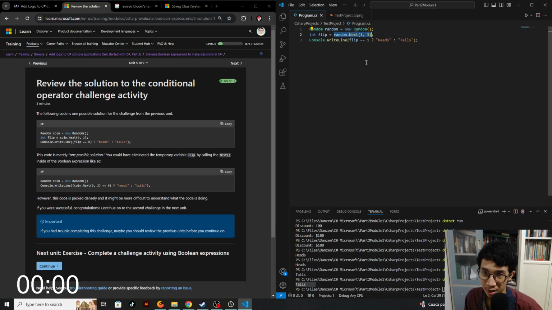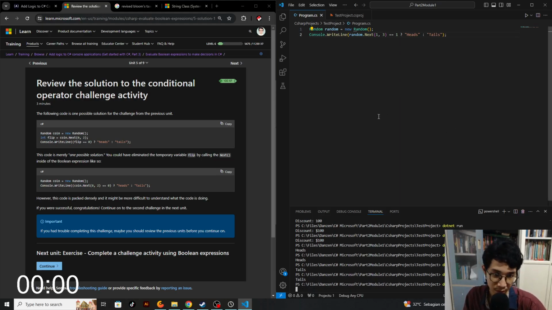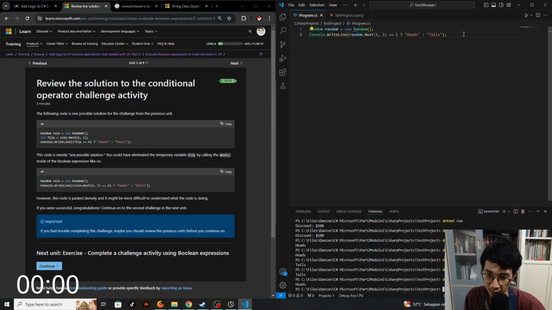I see there. You can replace the flip variable like this and it should work. But it's very packed, very dense for just a program of flipping coins, and I don't like this style because the readability is not good, even though it works. So the method that I prefer should be like this,